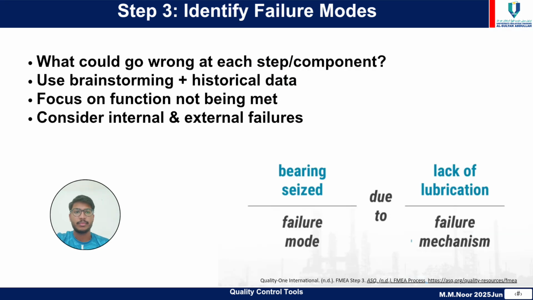So in step 3, the team identifies all the possible failure modes, that is all the ways a component or system might fail to perform its intended function. So this can be done through brainstorming sessions, historical defect data, and industry standards or field reports. So don't just focus on visible breakdowns, also consider hidden or latent failures such as calibration drift, control software bugs. The key here in FMEA is to be thorough, because a failure mode, if it's not listed, it's not going